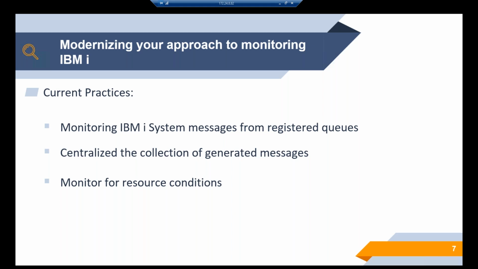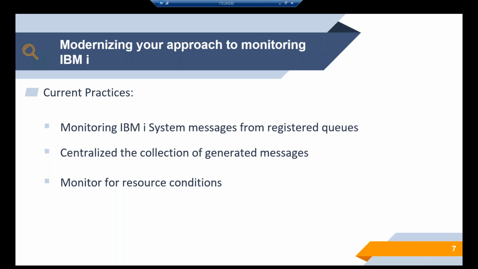So we see that if you don't have a monitoring solution outside of a third-party solution, you pretty much have to write your own code or perhaps have your operations team work around the clock eyeballing critical messages and situations that are occurring on the platform